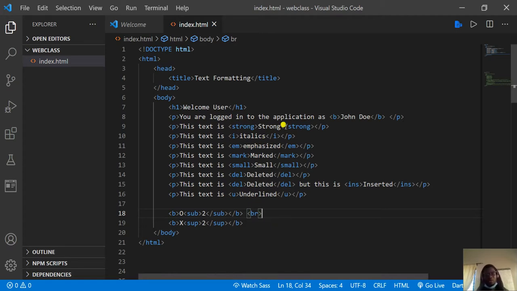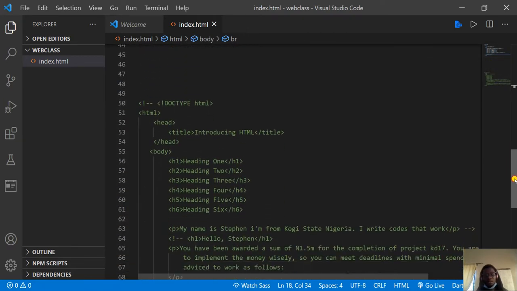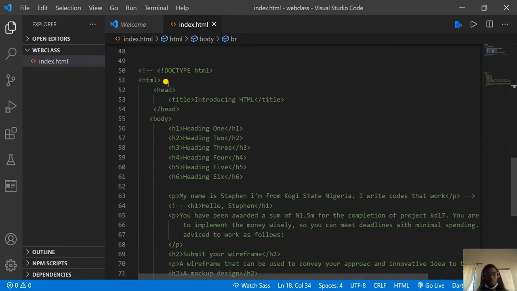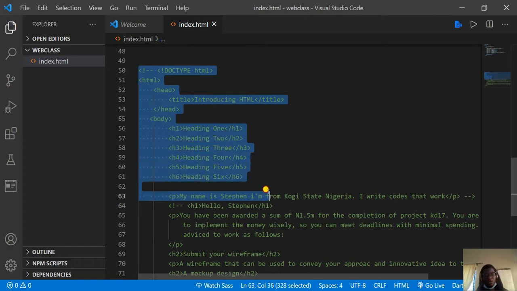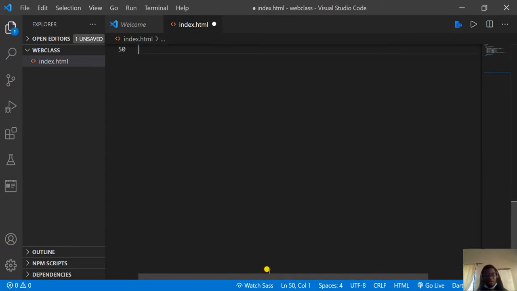Now in the previous tutorial, I sent some elements down. I marked them as a comment and I sent them down. So now what we'll do here is this. You copy out all of the elements there. You copy them out like Control X. You just cut them. So once you cut them out of the document,